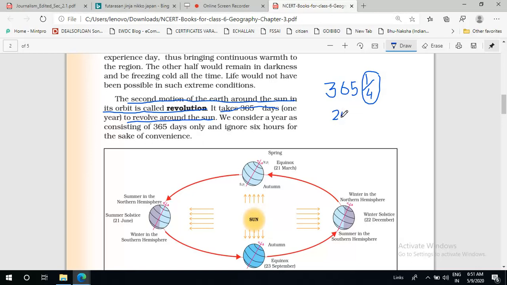We have to calculate 1/4 of 24, because there are 24 hours in a day. So we are calculating how many hours there are in 1/4 day. We will multiply 24 by 1/4. 24 is divisible by 4, so we will cut it and we will get 6 hours. So this 6 hours, which is